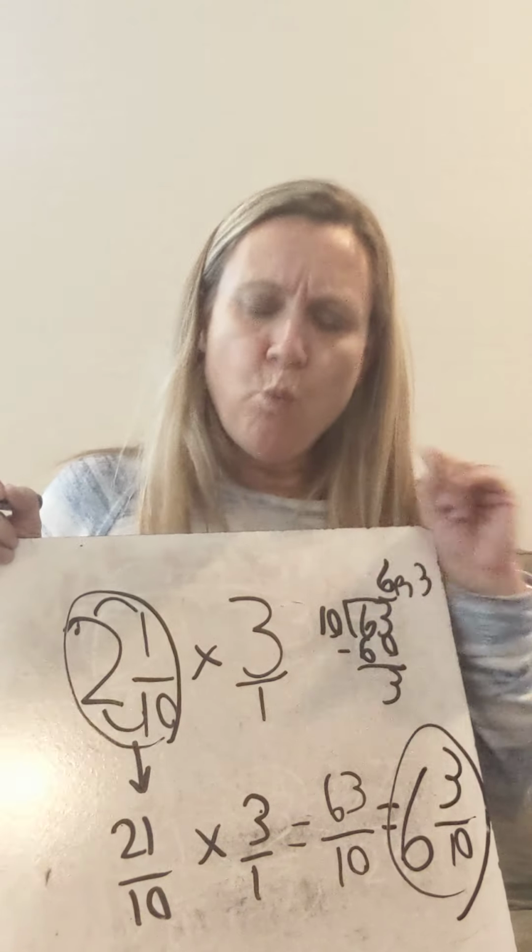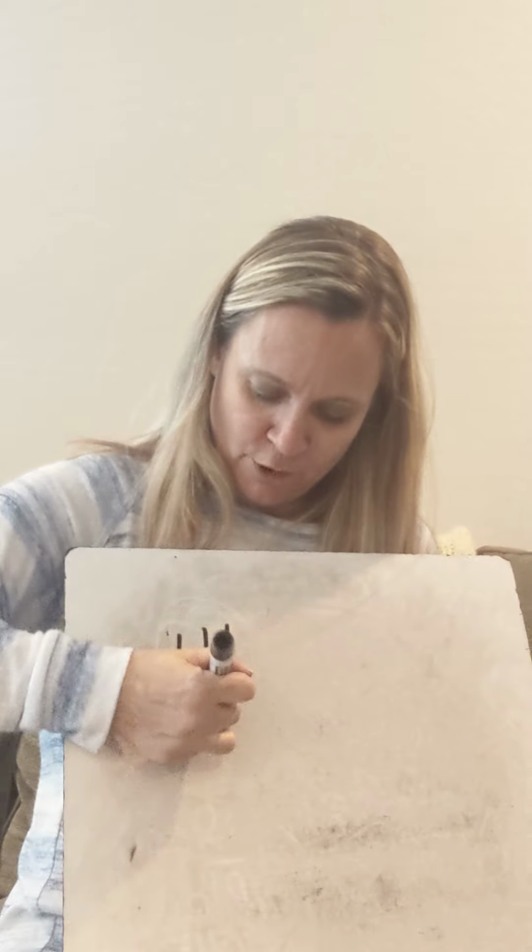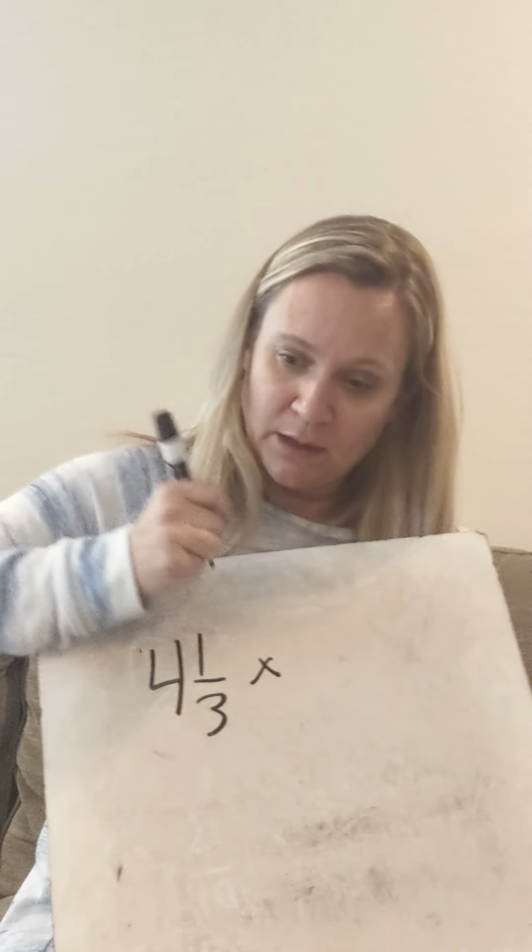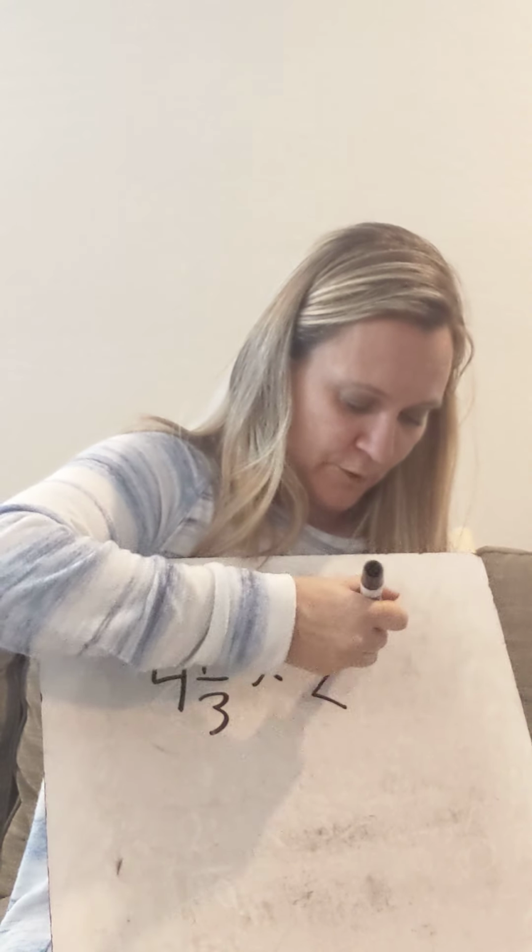All right. One other type of problem I'd like to look at before we wrap this up. What happens if you have a mixed number multiplied by another mixed number? Well, pretty much nothing new. It's the same as what we've done. So if I've got 4 and 1/3 and I'm multiplying that by 2 and 4/5,